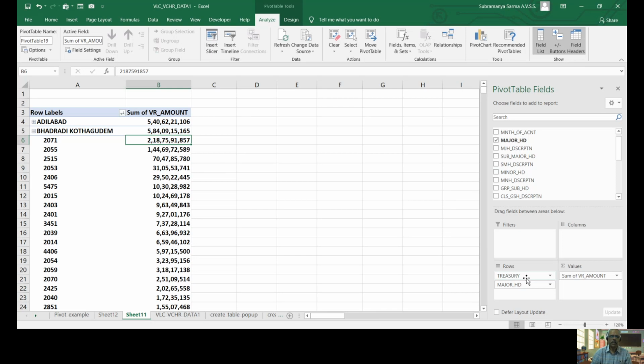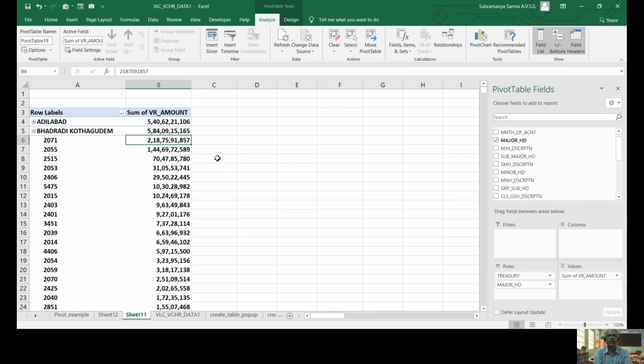If you want to apply filters, and those fields are part of our pivot table, there is no need to drop them in the filters box. Any field which is not part of your pivot table but appears in your pivot field list, you can drop in your filters, and from there you can apply filters on the pivot table data.